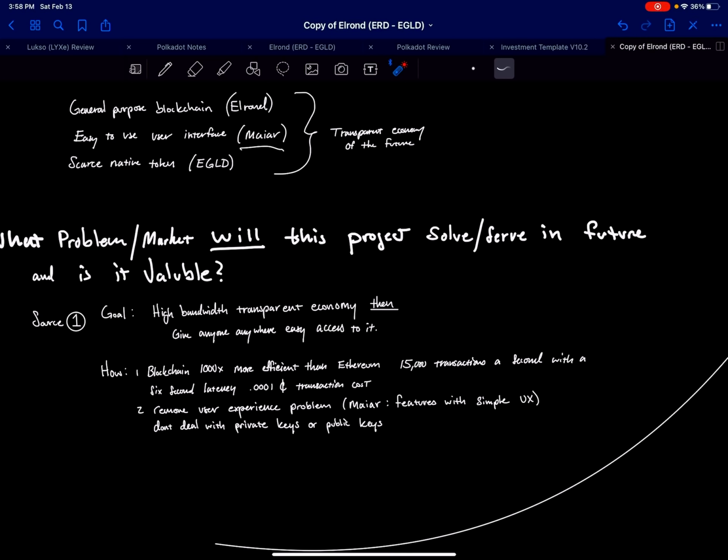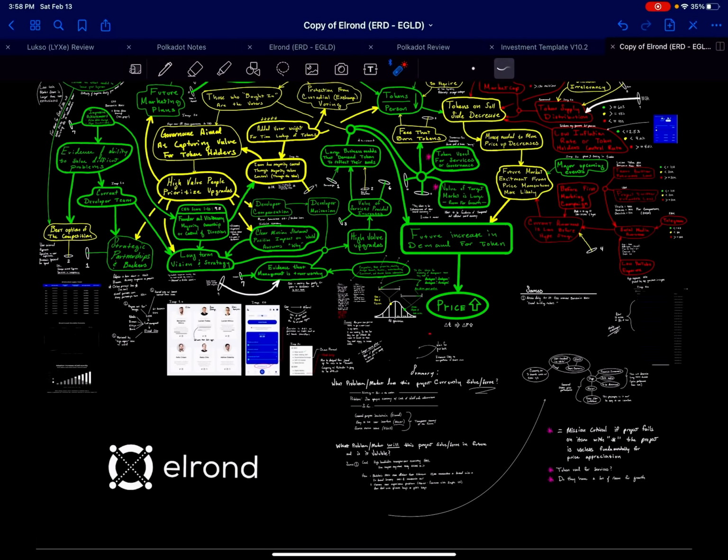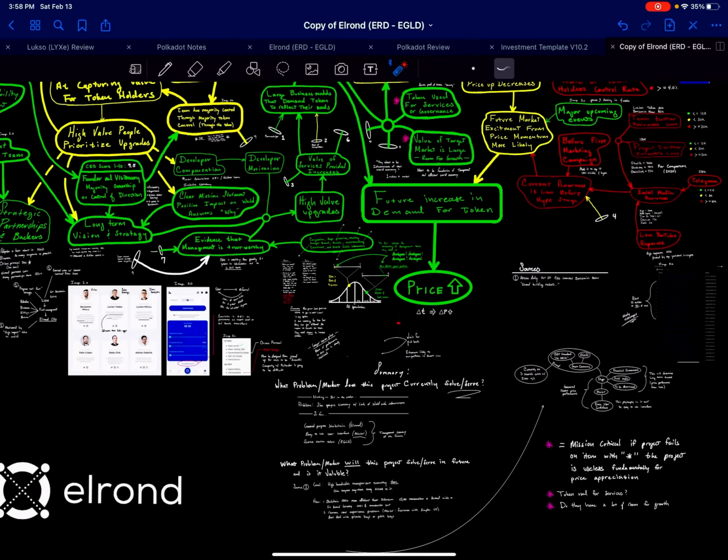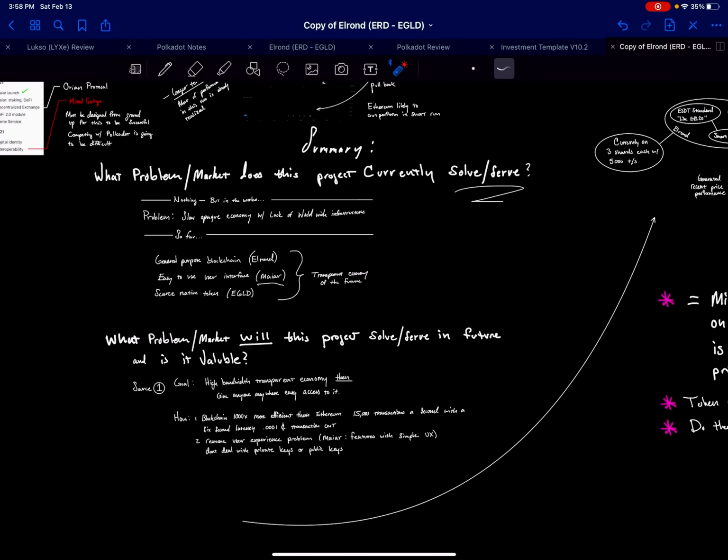Remove user experience problem. So yeah, using these blockchains, there's a user experience problem. It's difficult to use. That is one of their main selling arguments, is that they make their features simple with a user experience, and don't deal with private keys or public keys. Just make it super easy so grandma can use it. So that's one of their sell points. So that's what they're going to do. When I say that that's due in the future, that's actually now. So in a sense, they're giving people access to the blockchain. The problem that they currently solve is, if you can get someone to use their wallet, it's simple and easy to use. But there's not a lot of usability for that quite yet.